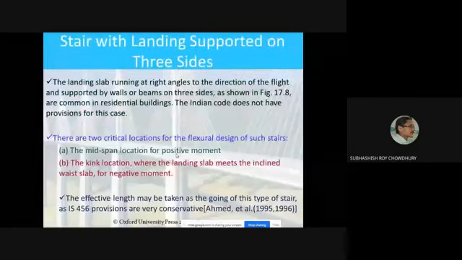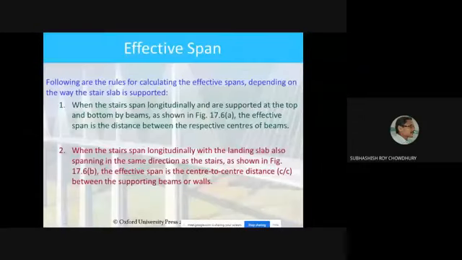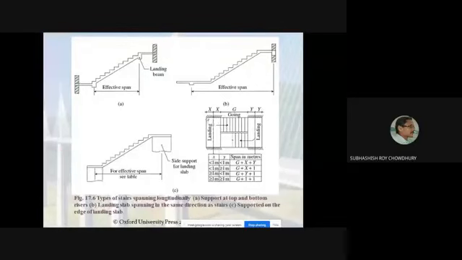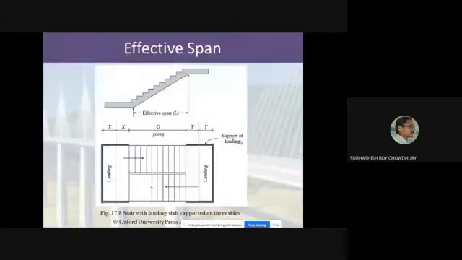So let me shift to the next topic. This is a particular case where this is the landing slab. How is it different from this figure? In this figure, there is no supporting element here. The landing slab is supported over this one and this one. But if the landing slab is supported here also, say over a wall, then the supporting arrangement will be like this. In that case also G plus X plus Y will be considered, but this landing slab should be designed in a separate manner.